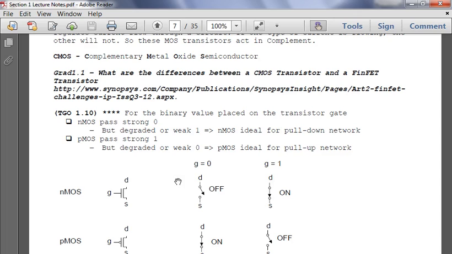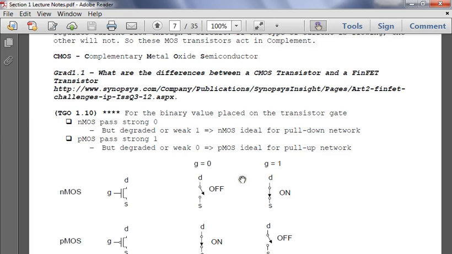Recall the pMOS and nMOS inverter. The nMOS on the bottom is pulled down towards ground. pMOS is ideal for pull up towards the supply voltage. That's because it passes strong 1. It's a degraded or weak 0, so pMOS is ideal for the pull up network. So the idea is you put a 0 on it, it's going to flow